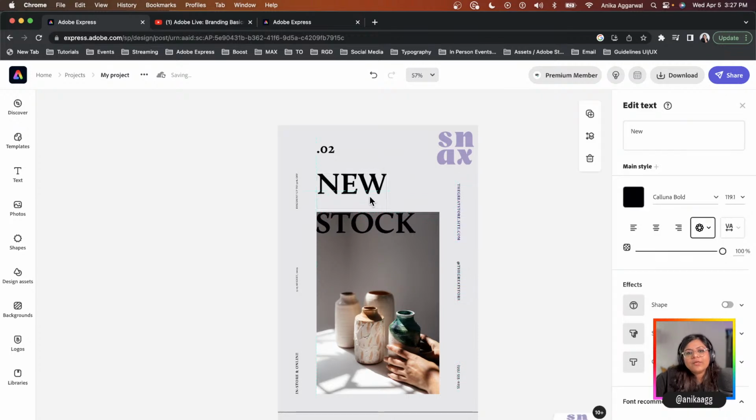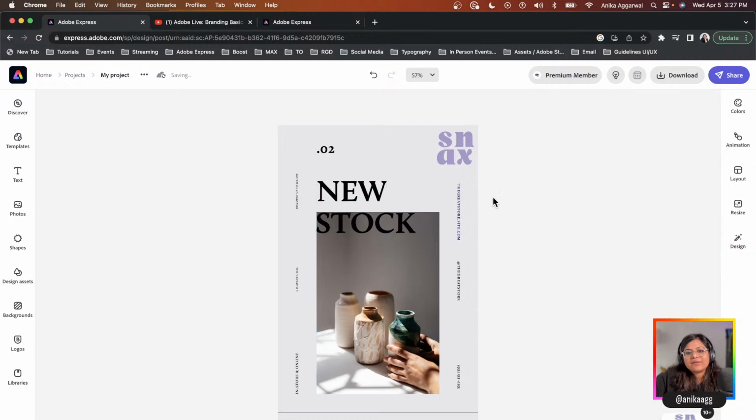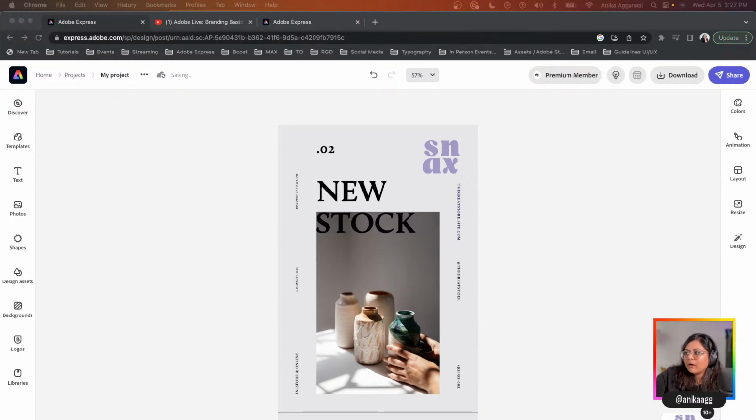And now this is probably not the style that I want for this image, for instance. I can go ahead and move this around anywhere I want. So that is how you can apply your brand to any design that you have, right? You can customize it for all your